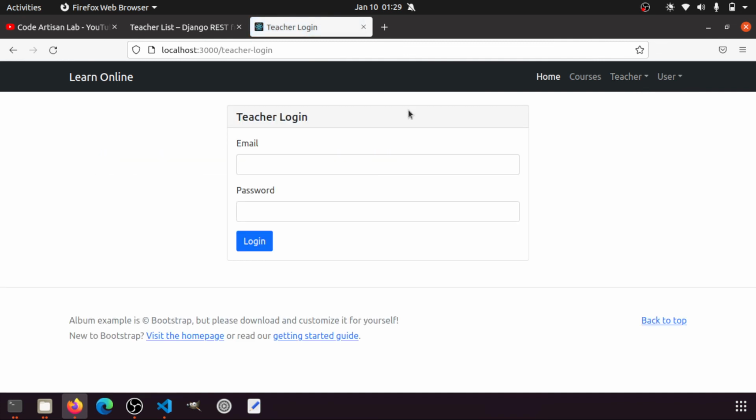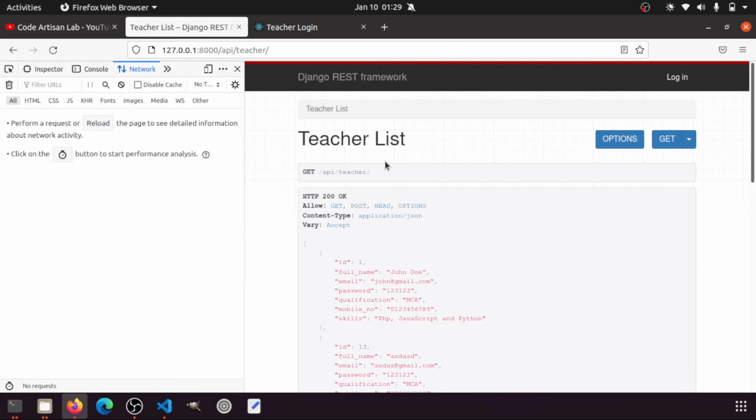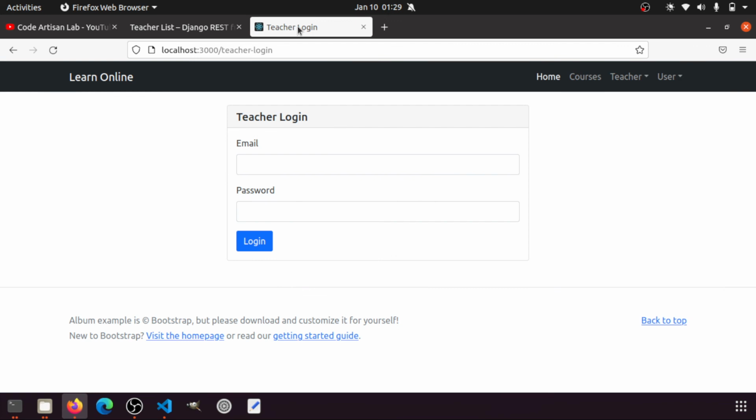logout, and here you can see that now we are redirecting on the login, and the login page is working perfectly because the item is removed from the local storage. So I hope you understand the things. So first we match the data with the database with the API, and then if data is matched, then we will save the data in local storage. And we save the data in local storage because we want to check if the user is logged in or the teacher is logged in, then we can show the links accordingly, we can show the dashboard accordingly. Okay, so